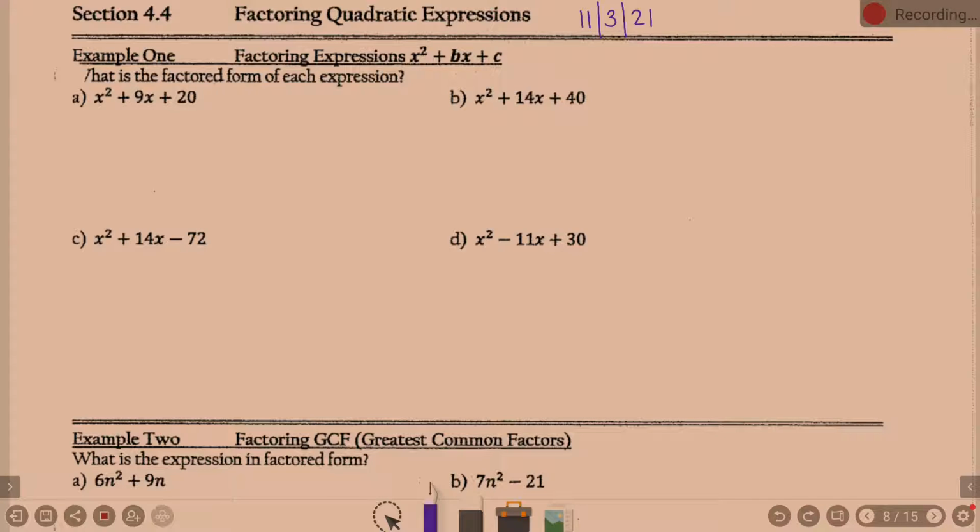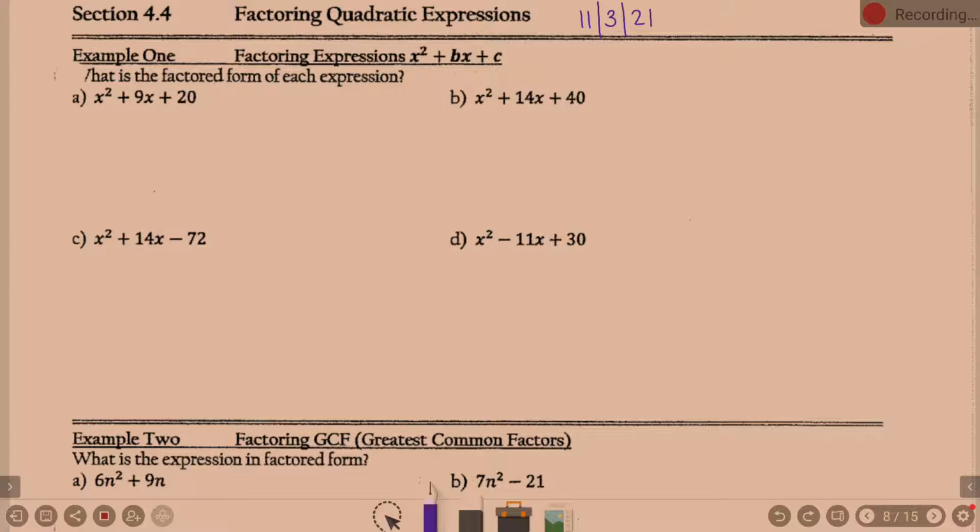Okay, guys. So, lesson 4.4. We are factoring. All types of factoring quadratic equations. All factoring that you would have seen at some point or another in Algebra 1. We've got to go back and review. It will be important because when we get to the second half of Chapter 4, I think it's even lesson 4.5, is solving equations using factoring. So if you don't remember how to factor, you're not going to be able to solve equations factoring. And there's a lot to do with that. Okay? So,